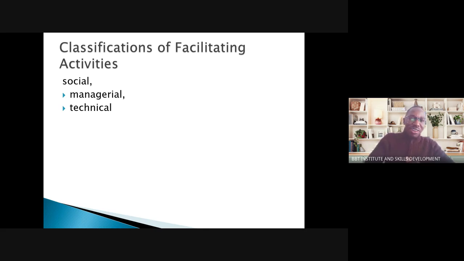But nevertheless, the facilitation program is broken down into three main components: one, the social activities, the managerial, and the technical. As a facilitator, I'm only going to talk about these, and then we shall close this class and get into questions and answers on how to complete assignments and stuff like that. So I'll only stop here. I'm not going to go into breaking down all the nitty-gritties of this.